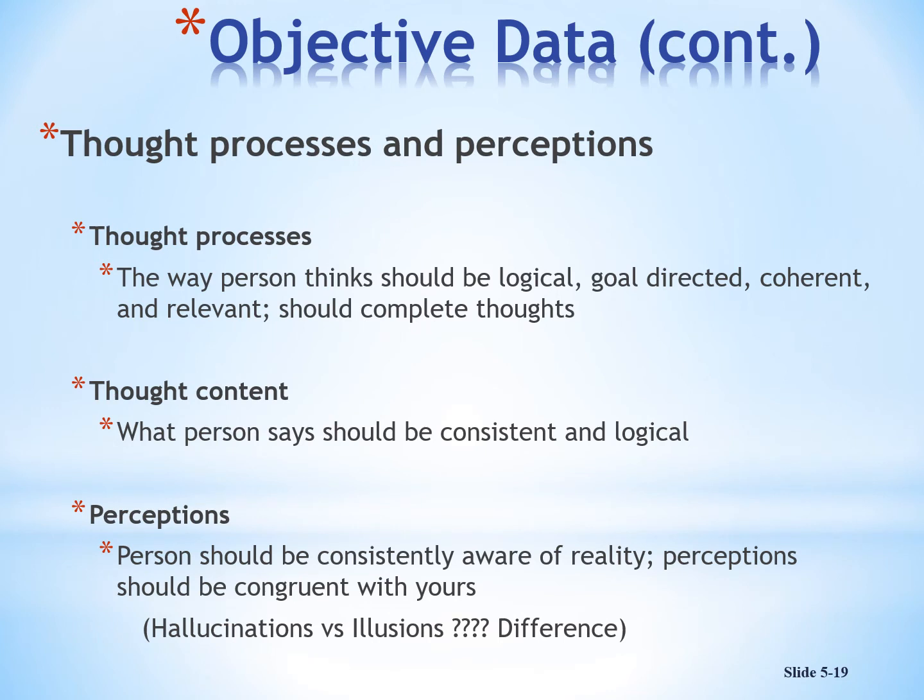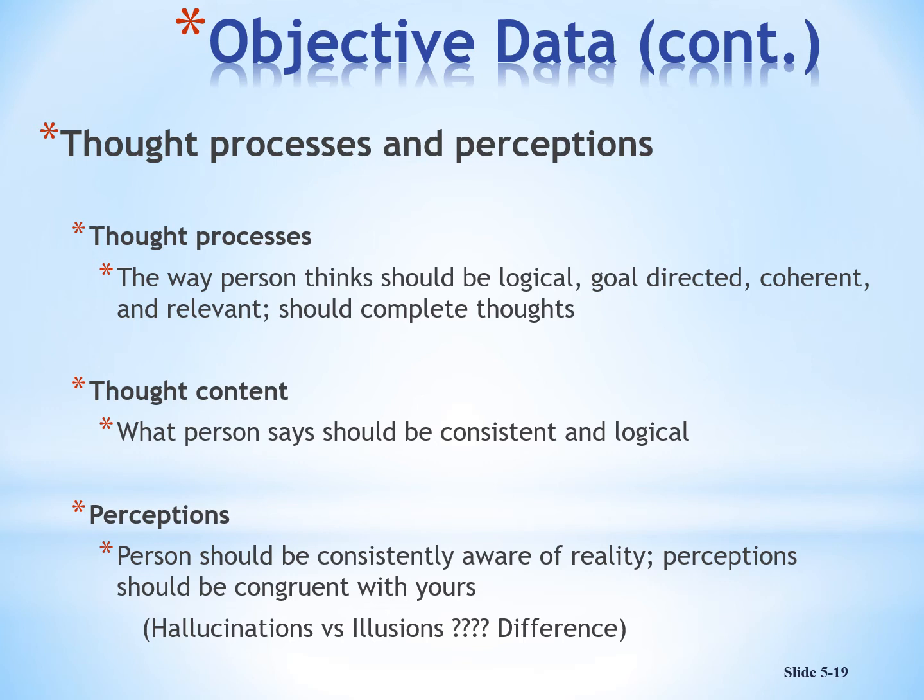Now, thought process: generally the way the person thinks should be coherent with our thinking. If I ask a nursing student, in 5 years, what do you think you should be? I should get something similar to, okay, I'll be working on a med-surg unit, or I would have gone back and gotten my master's degree in nursing, right? It shouldn't be something like, in 5 years, I'm going to be playing baseball with the Arizona Diamondbacks or something. That wouldn't make sense for them to be in nursing school right now, and then in 5 years be playing baseball. That doesn't make any sense.